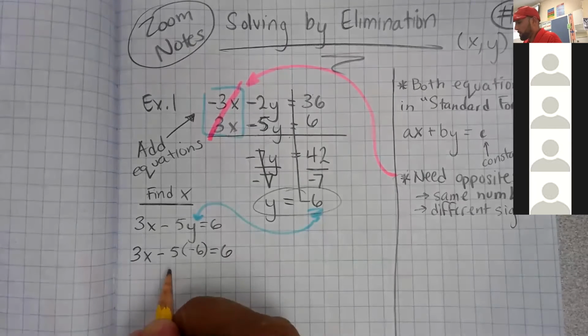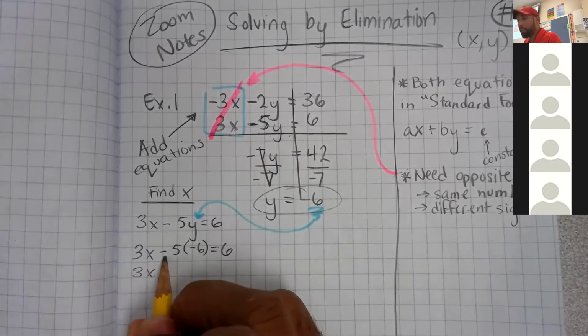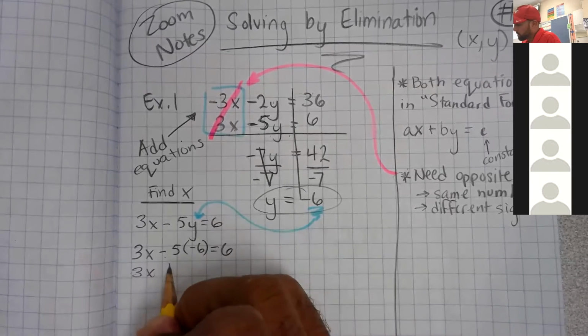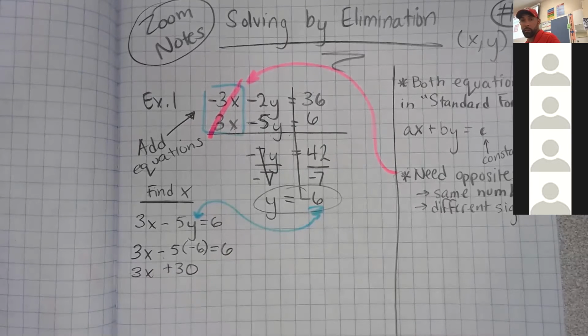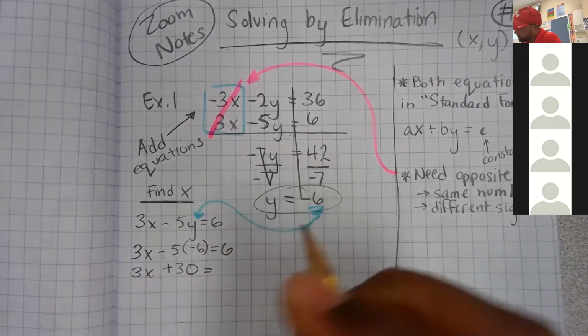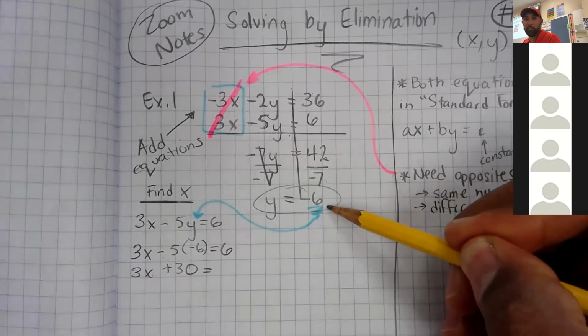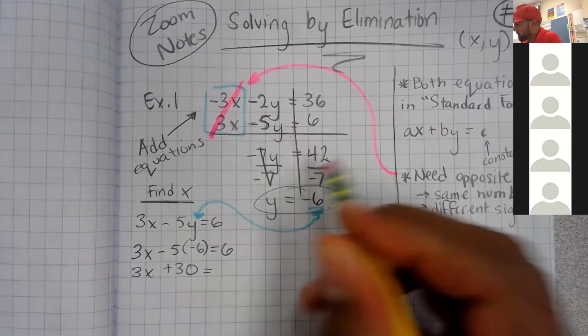And now I simplify and solve for x. So now 3x, negative 5 times negative 6. If you guys are making mistakes, it's a good chance it's because of your negatives, so be careful with that. For instance, here, a positive by a negative is going to be a negative, in case you guys can't see that,